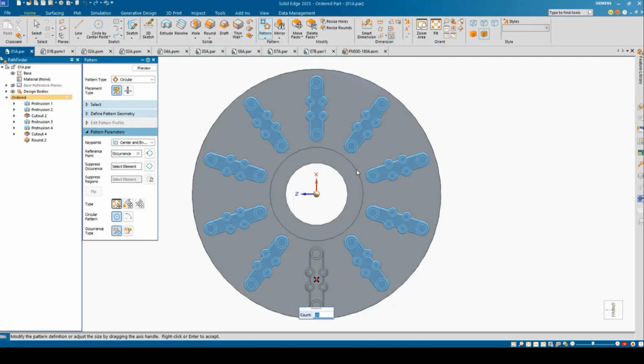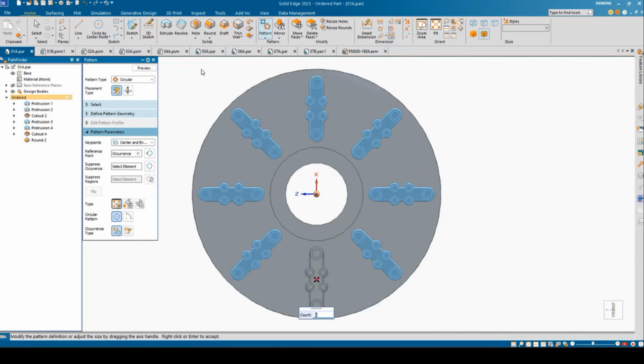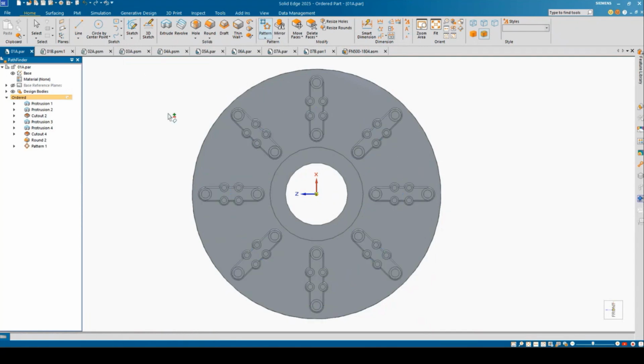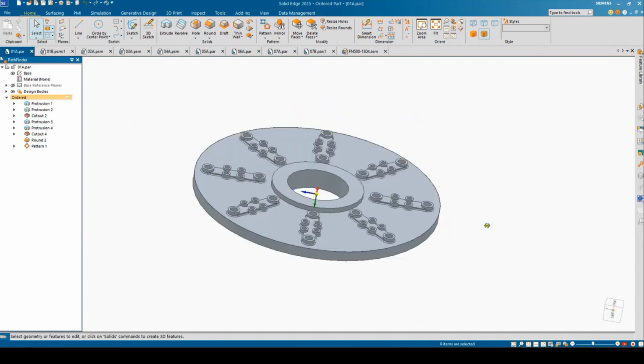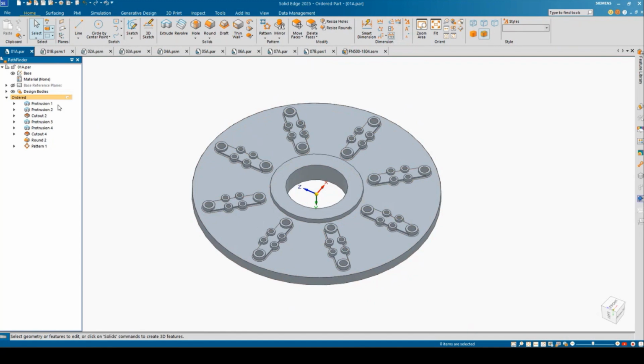There we go. And just like that, we can just add in a count. Let's say we'll go with eight patterns here, and we'll go ahead and just preview that and finish it up. And just like that, very quickly we're able to pattern that using some synchronous technology, but being in that ordered